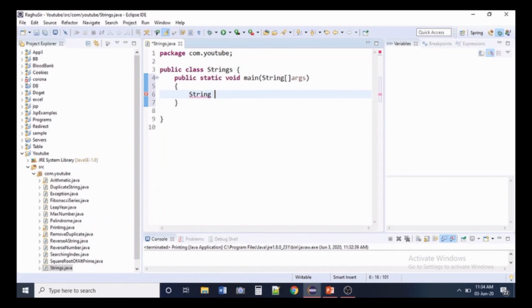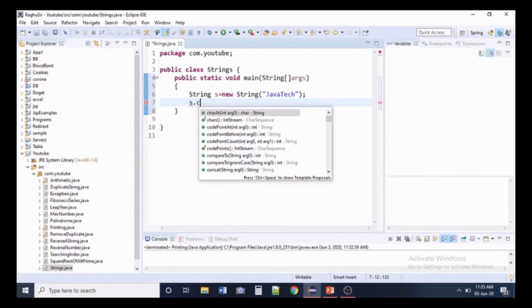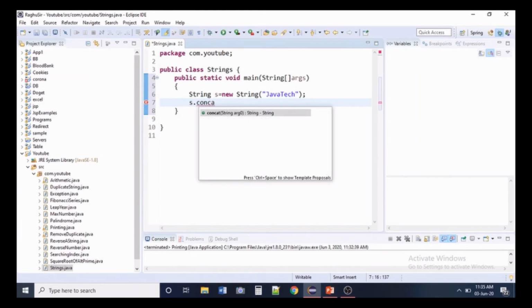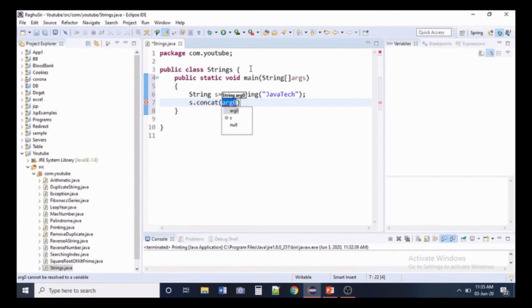String is my object creation like this. String s is my reference. New is my keyword to create an object, and in the String object I'm writing JavaTech, which is my channel name. Now I'm concatenating JavaTech with Afros. So with my reference, s.concat, in the object I'm writing Afros.